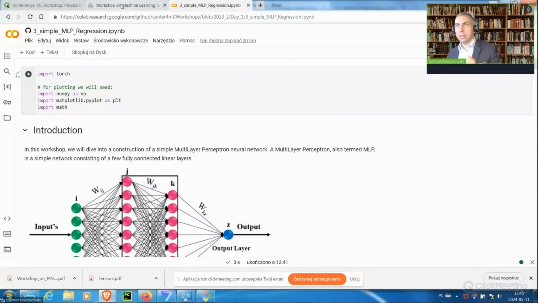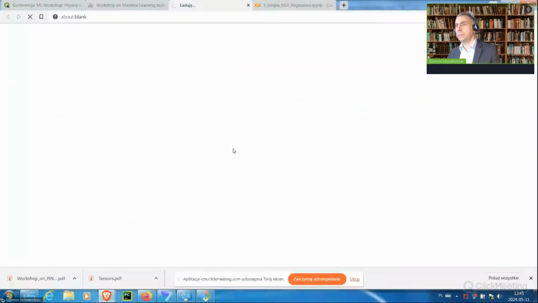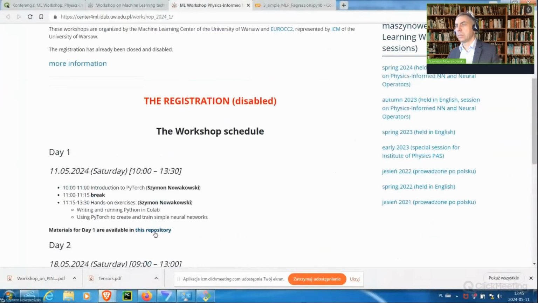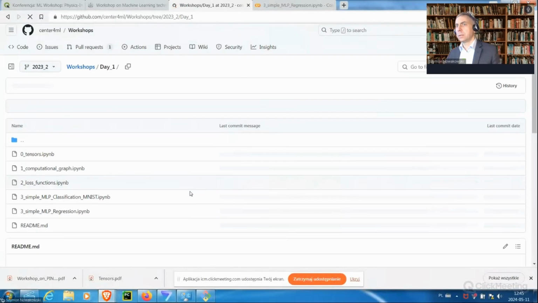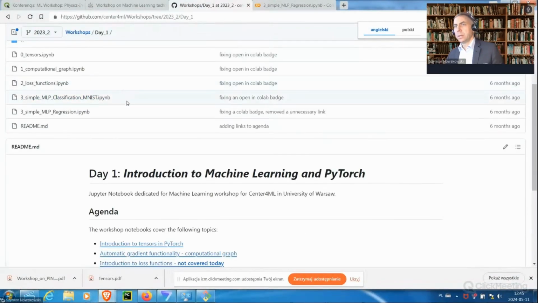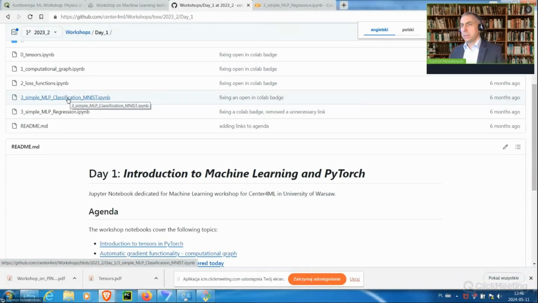It's important because there in the materials you can also see the material for the classification on MNIST. It is more or less done in the same fashion as this regression material. So if anybody is interested, I encourage them to go through this material too. The difference between classification and regression basically boils down to the loss function that is used, and to have an idea on the loss functions and how to use them in PyTorch, there is also this material that we skipped, which is called 2 loss functions. So those 2 got skipped,